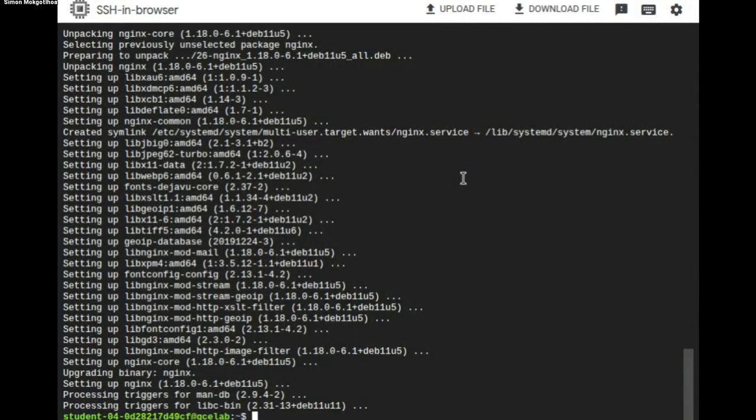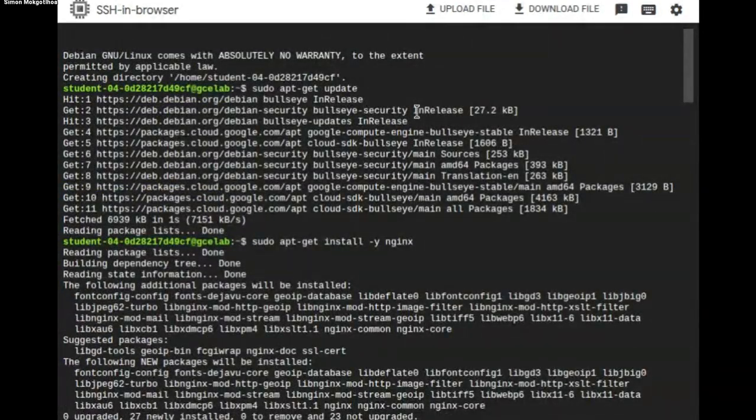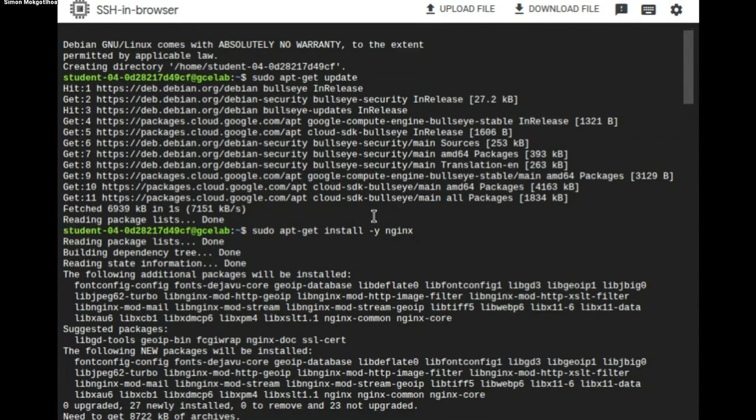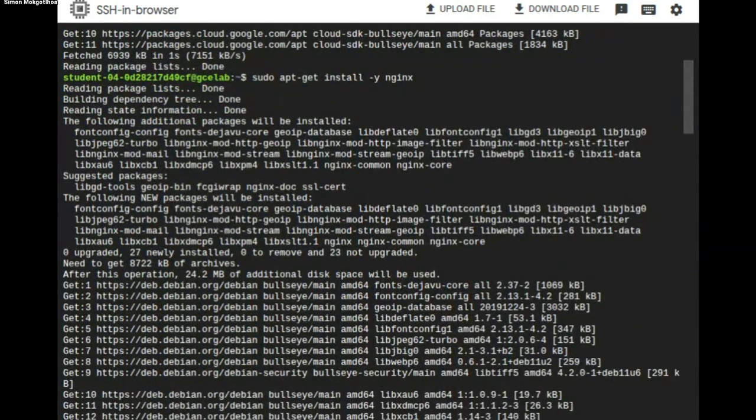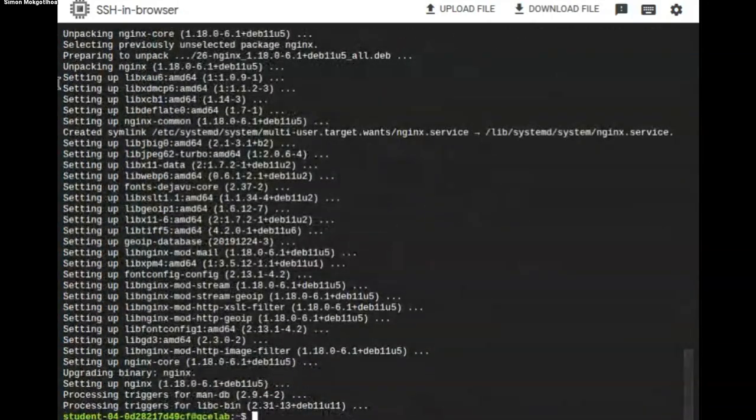Oops, my mistake. I just noticed you guys weren't seeing those commands as they were going in. Let me actually run you through those commands. The first thing I did was update using sudo. So the first command you see here is sudo apt-get update. That basically updates my virtual machine that's running Debian Bullseye as the operating system. Then the next command, which you see over here, is sudo apt-get install -y nginx. That's the server we'll be using.